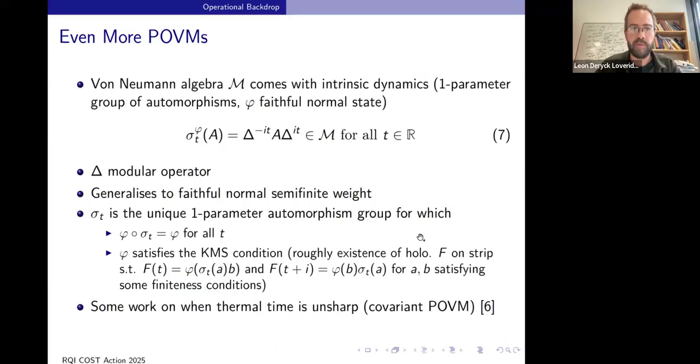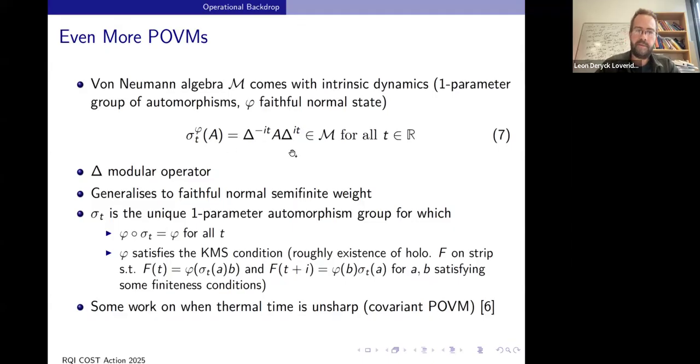I think I've only got two more examples, and these are relevant, I promise. A really nice example of where covariant POVMs arise is in the theory of von Neumann algebras. I'm going to come to this in the second half of my talk. Any von Neumann algebra comes with what we call an intrinsic dynamics. Von Neumann algebras are somehow dynamical objects. This is the so-called Tomita-Takesaki theory. If we have a von Neumann algebra M with a faithful normal state phi,